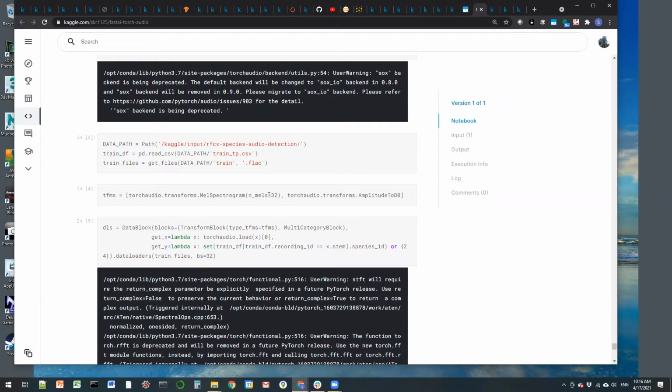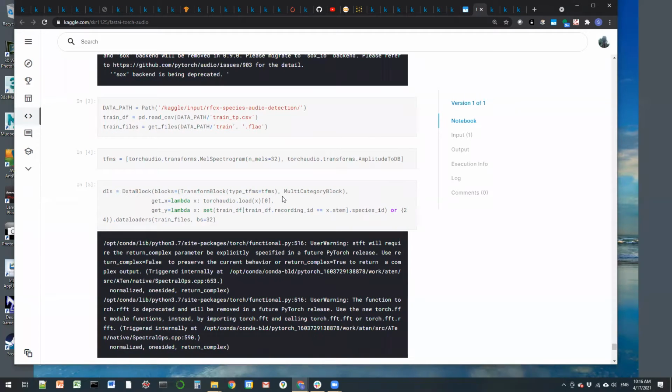MEL spectrograms are used. And the NMEL shows how many frequency groups of MEL spectrograms are being used in your plot. And in this case, you convert the amplitude to dB, which basically makes it a log plot. Okay, and this is where the fanciness of FastAI comes into play, because all you do then is